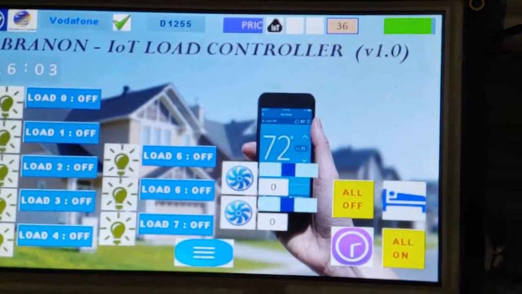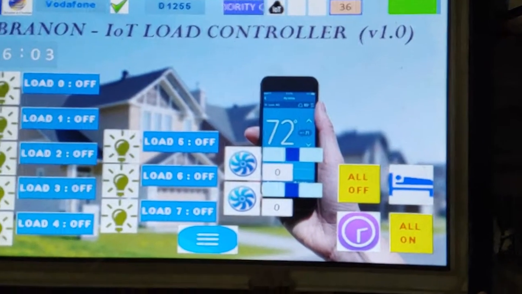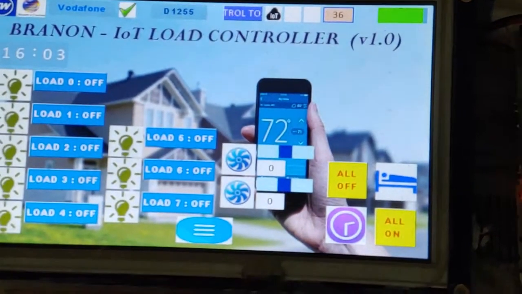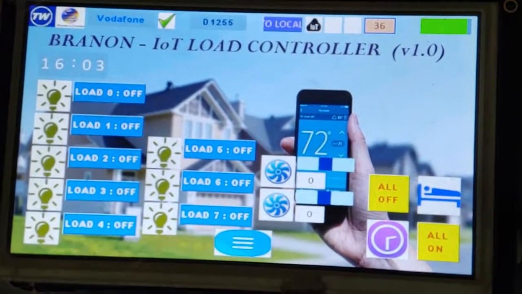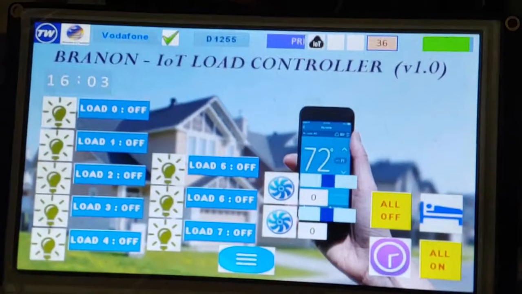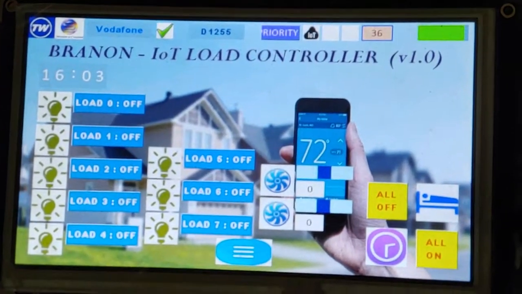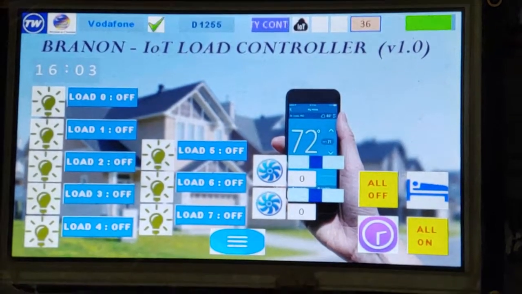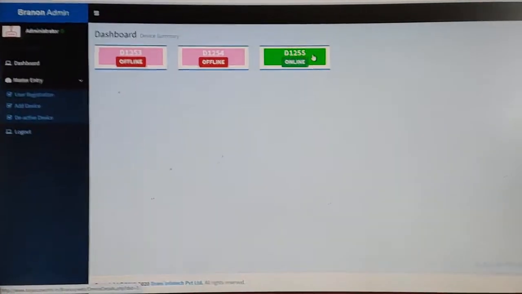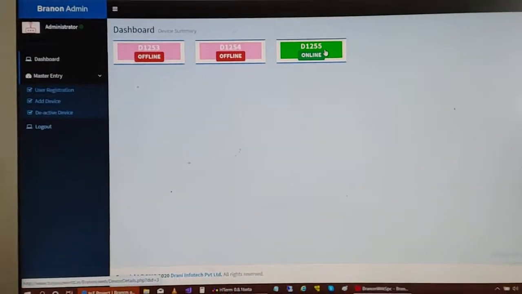You will also have the device temperature on the right, which is 36 right now, as you can see, and on the extreme right you will have a bar which shows the network RSSI strength, that is the received signal strength indicator for the RF signal. Now, before coming to the local control, let me explain the IoT control. So when you click on your particular device,